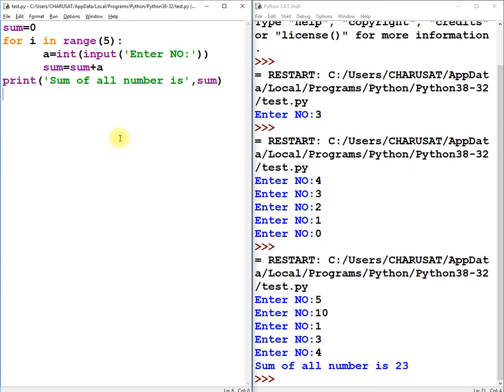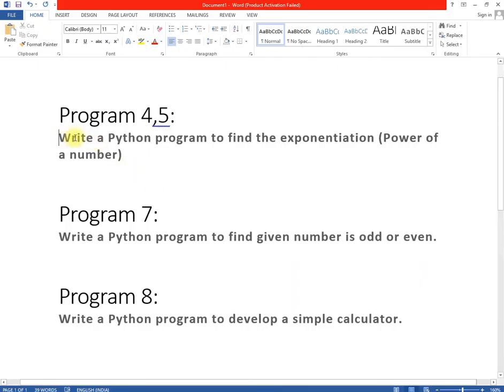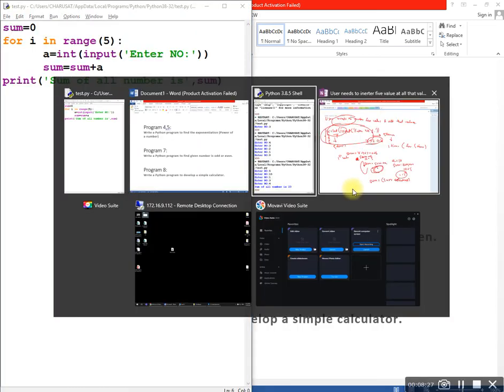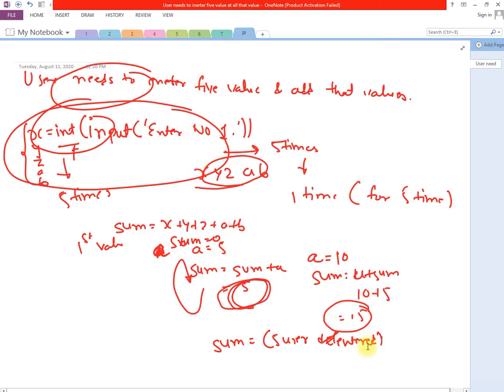Now suppose you have been asked to write a Python program to find an exponential. What is an exponential? Exponential is basically something like this: x to the power y. Let us say 2 to the power 3. We know that 8 is the answer.